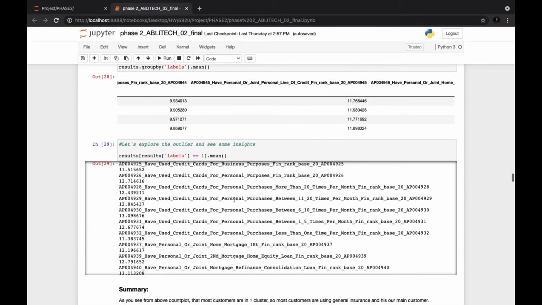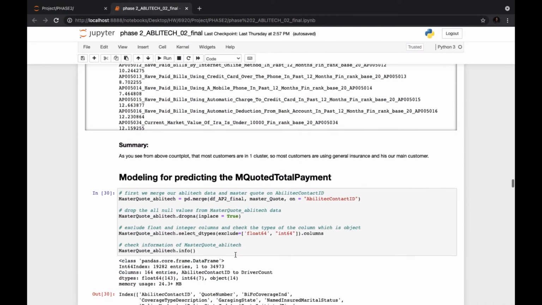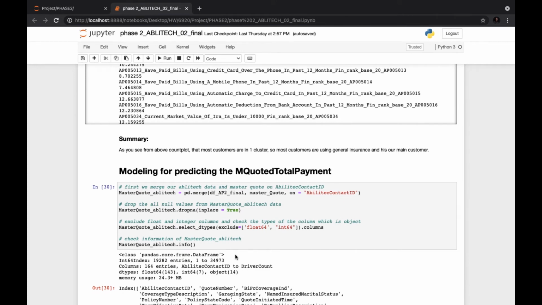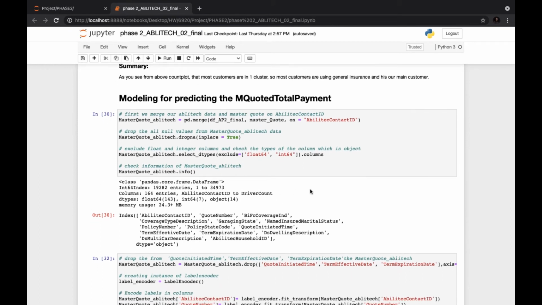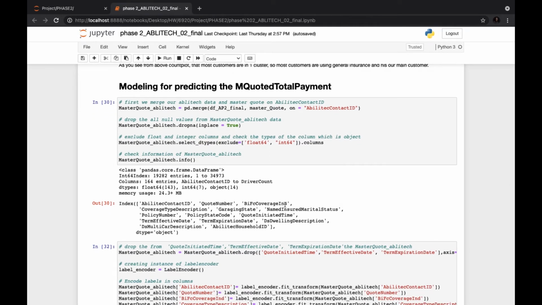Okay, so let's go ahead and move to predicting our quoted total payment. First of all, we have to merge our ability data and master code on a column, ability contact ID. Then we need to drop all null values from the master code ability data, exclude float and integer columns, and check the type of the columns, which is object. So we see we have 14 columns that are objects. Some of these we will drop, and some we're going to use the label encoder on and change them to numbers,